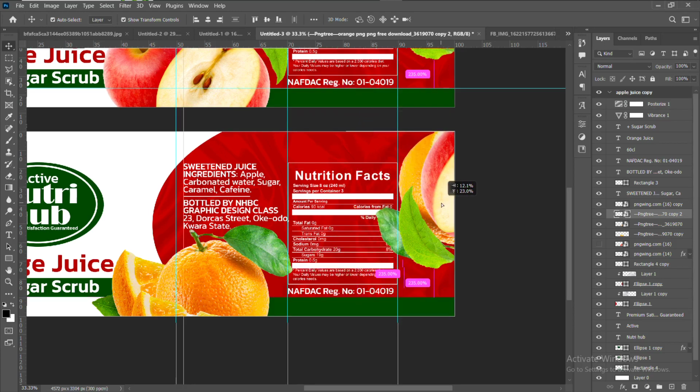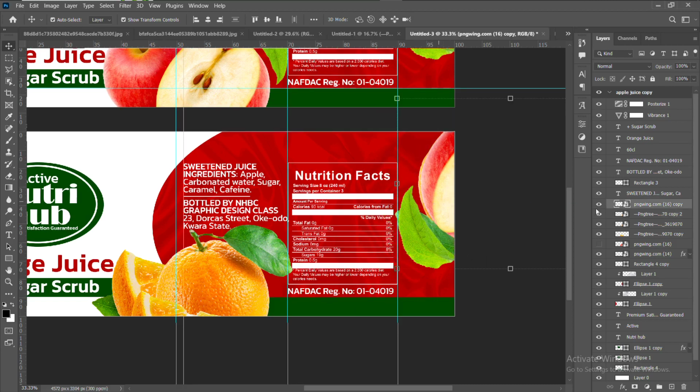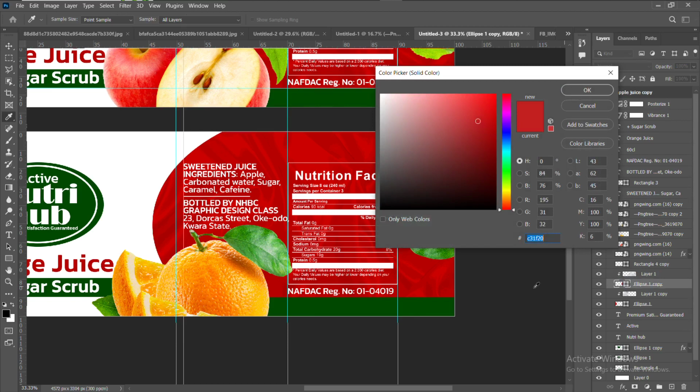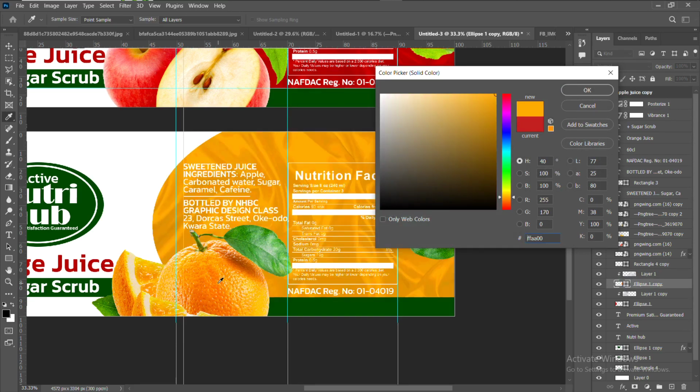All I'm trying to do is just to make sure that we are still in the safe zone and we are still doing the same thing, just as we agreed on. Yes, so that's the same thing we are doing. So the next thing to do is to change the color from the apple color to our orange, and just the same way we are going to pick the color from the orange. So we'll pick the one that will not be too